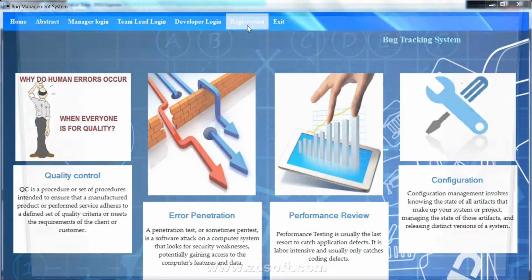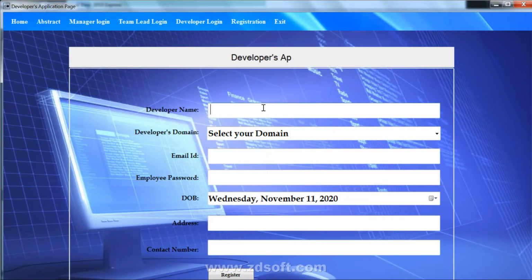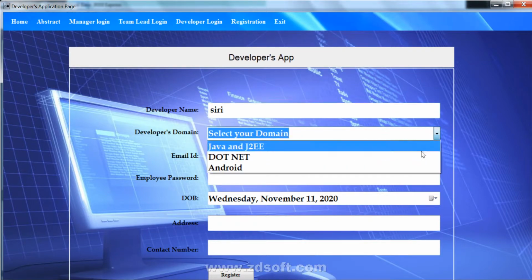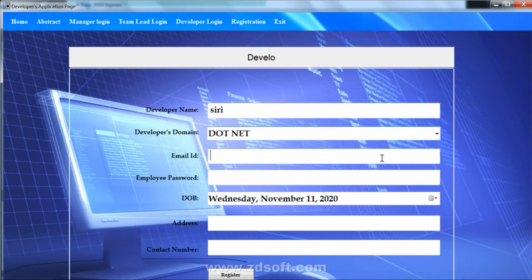The developer needs to register first. They need to select the particular domain in which they need to work.